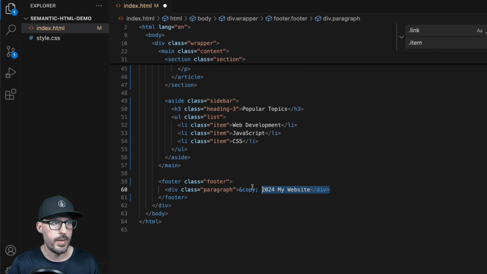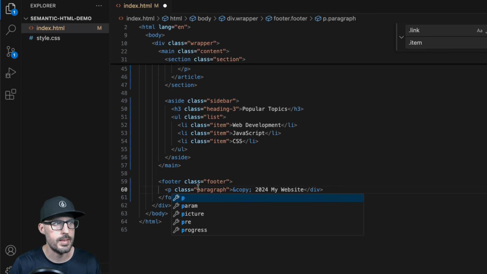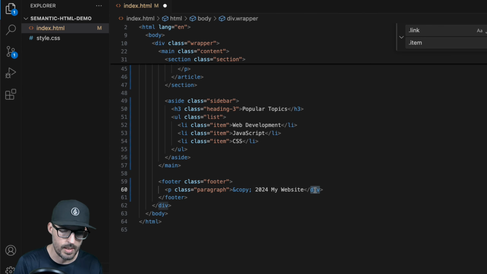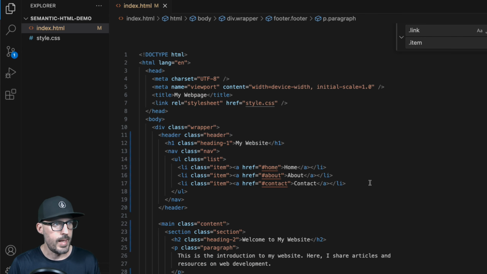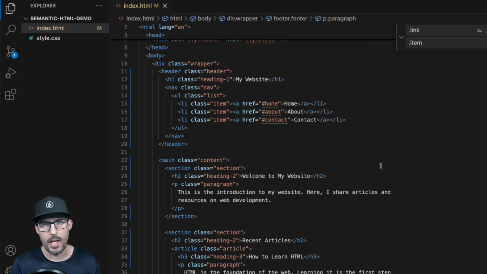Inside of here, we have some text, which generally for most text can be represented inside of a paragraph tag. There could be some kind of disclaimer or other copyright information here. Ours is fairly simple, but we want to wrap this in a paragraph tag rather than a generic div. All right, and with that, you can see that we have converted this entire page from using non-semantic divs